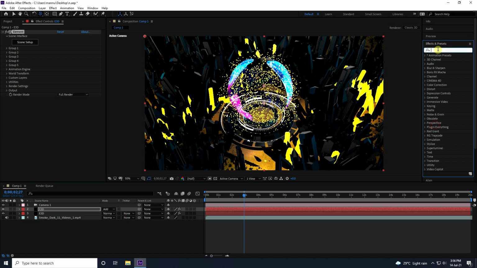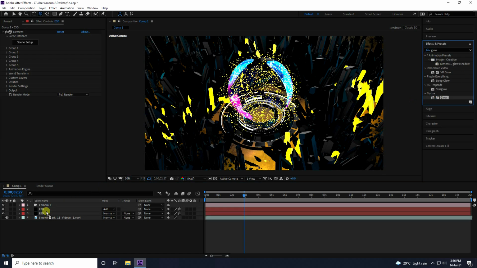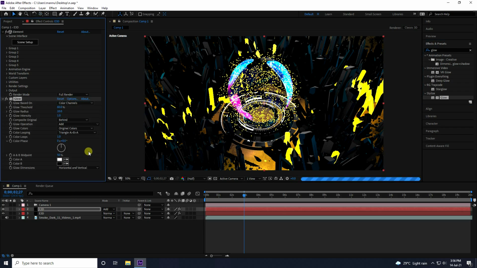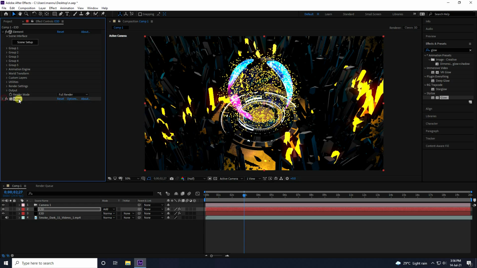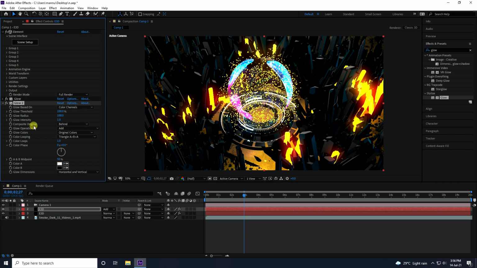And guys go to effect and preset and apply glow effect, apply on E3D2, yeah. And guys threshold 100 and 100, yes, really good. Glow, duplicate, better, right? See. And guys radius I like 200, yeah.